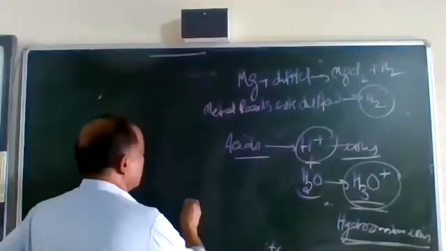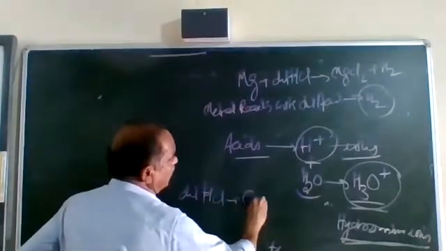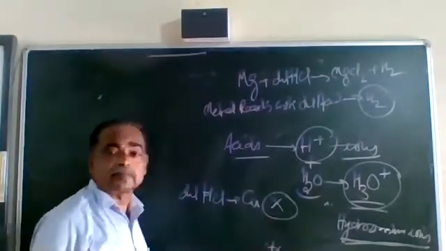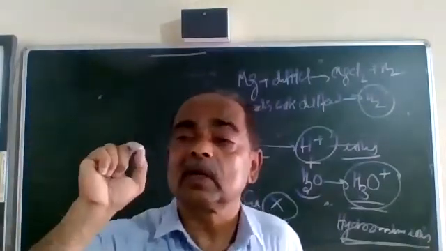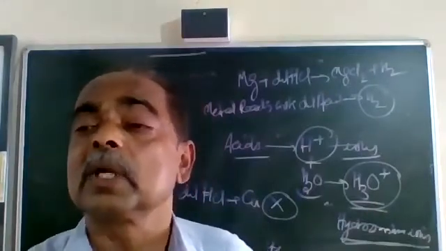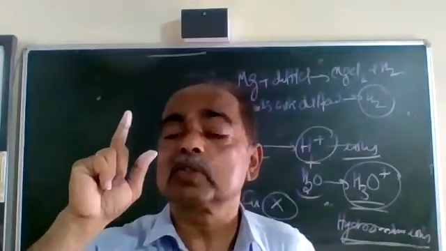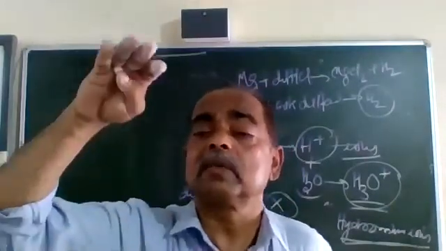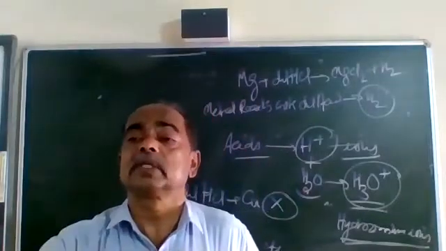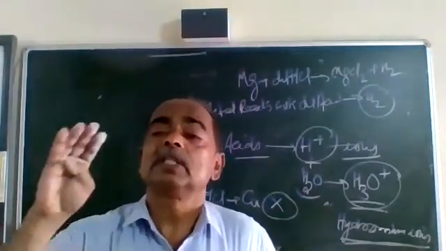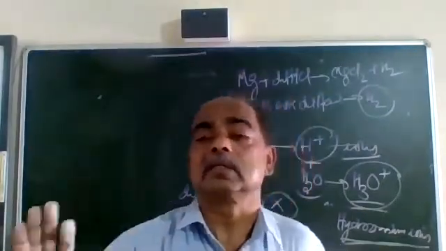Now, when we add copper to diluted HCl, no reaction takes place. So don't just understand it this way: if the metal does not displace hydrogen, then it is not an acid. Remember the activity series which I have told you: all those metals which are above hydrogen in the activity series displace hydrogen from diluted acids. What is the definition of acid? If a metal displaces hydrogen from the liquid, then that is an acid.